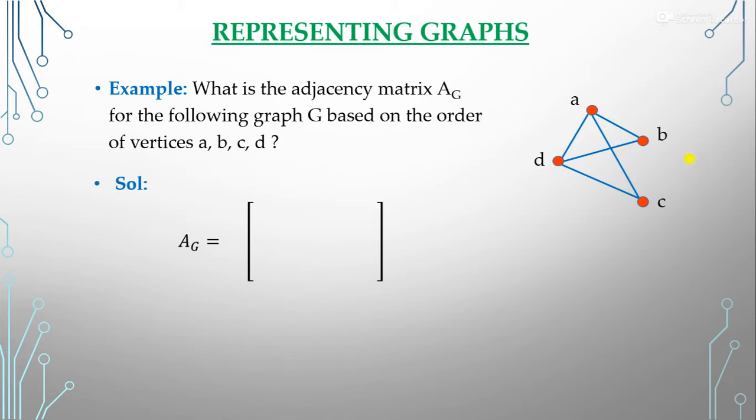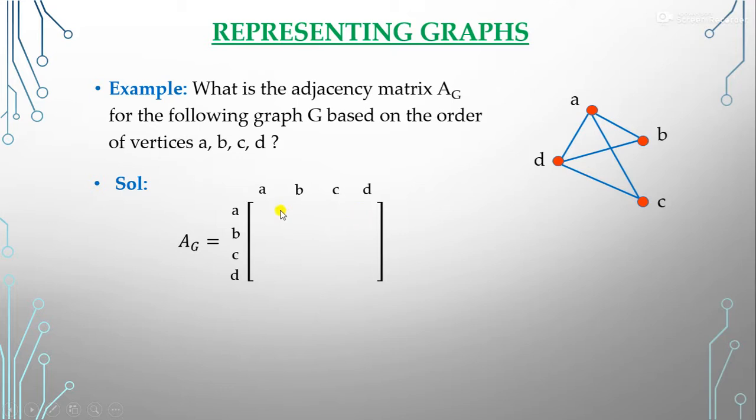First of all, we know that matrices have rows and columns. In the adjacency matrix, our rows and columns are both the vertices, right? Here A, B, C, D, the four vertices, represent our columns, and the rows are also represented by the vertices A, B, C, D. There are 4 rows and 4 columns because we have four vertices. Now we fill the entries. So how can we fill it?